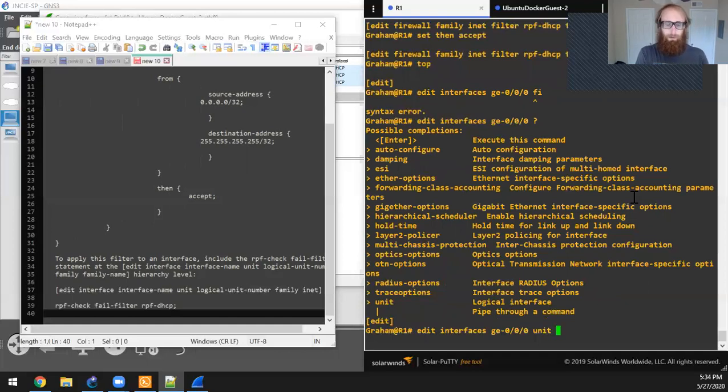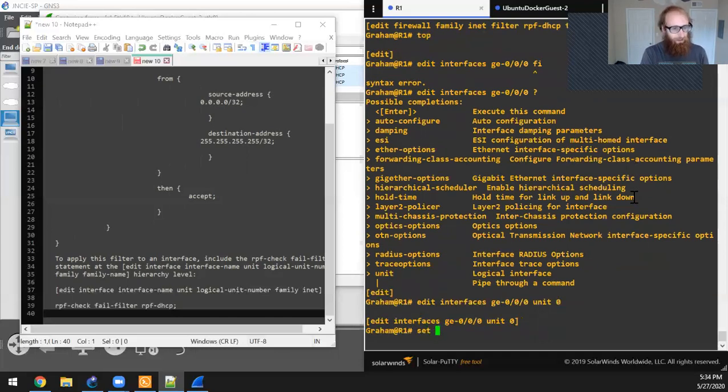There'll be plenty of times where I can show errors. It's definitely not going to be the last time. So I'm just going to skip trying to demo that and go into family INET